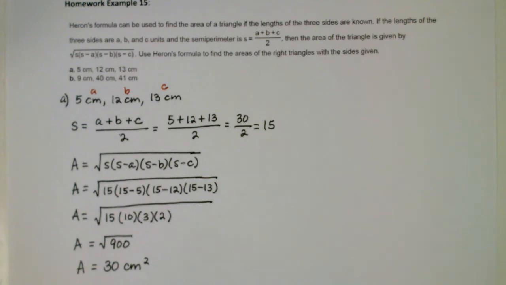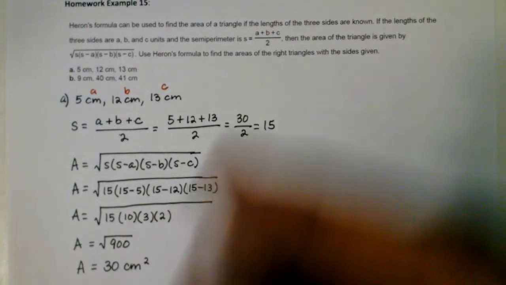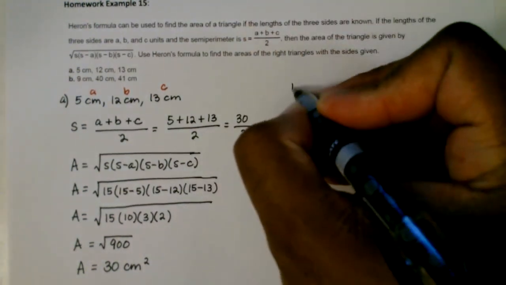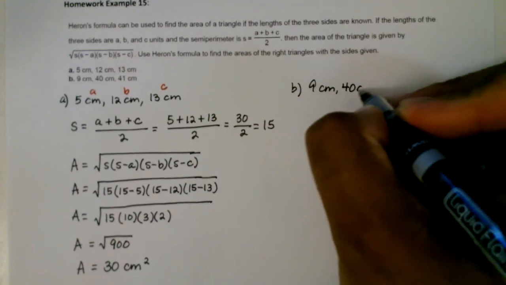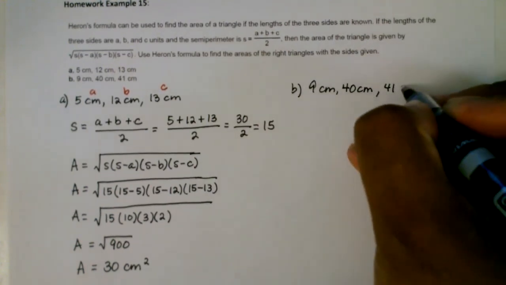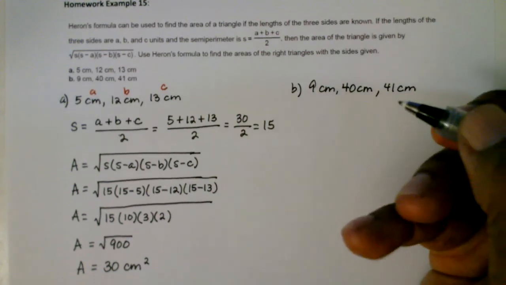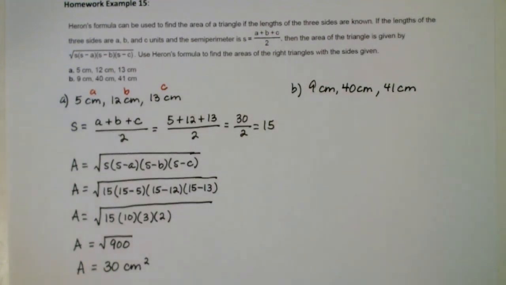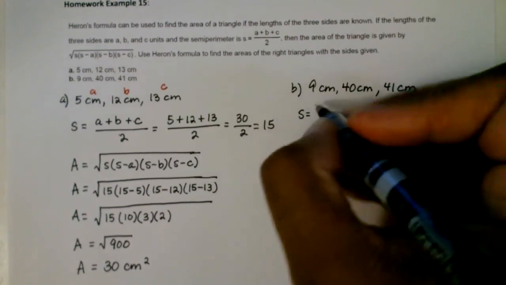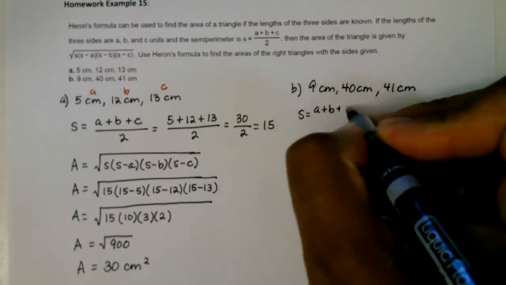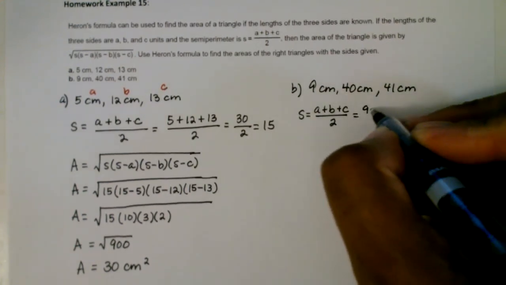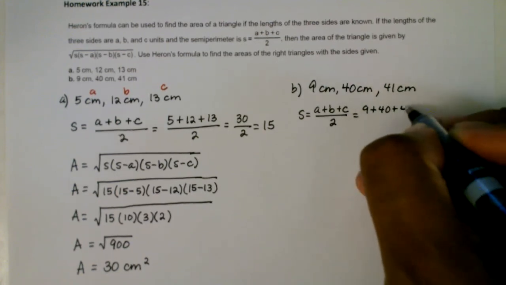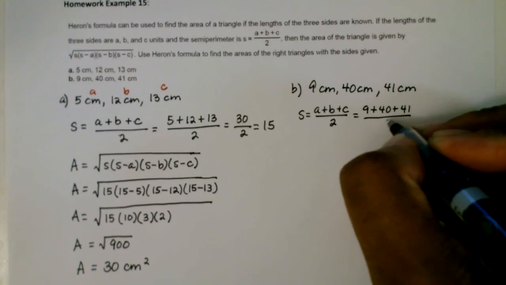Okay, that's how we apply Heron's formula to find the area of those right triangles. So that's part A. So here I'm going to do part B. We have 9 centimeters, 40 centimeters, 41 centimeters. And here I want to find the area of that triangle. First of all, let's find the semi-perimeter, which is, of course, A plus B plus C, all divided by 2. So here your A is going to be 9, B is 40, and C is going to be 41. So you have 9 plus 40 plus